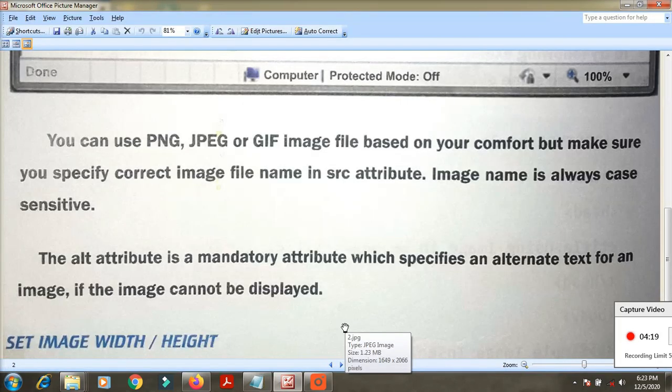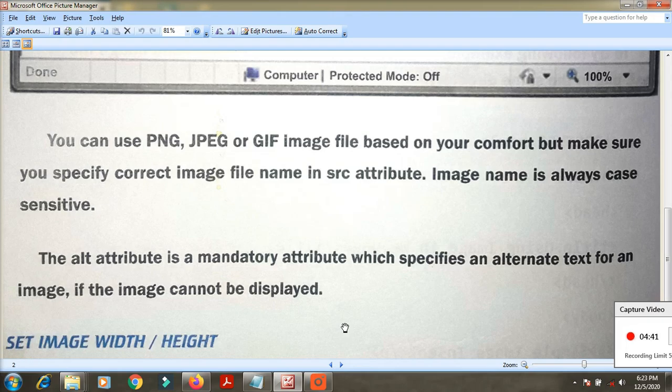Next they give some related information about the image appearing in the browser. You can use a PNG file, JPEG file or GIF file, based on your computer's comfort, but make sure the correct image file name is in the src attribute.